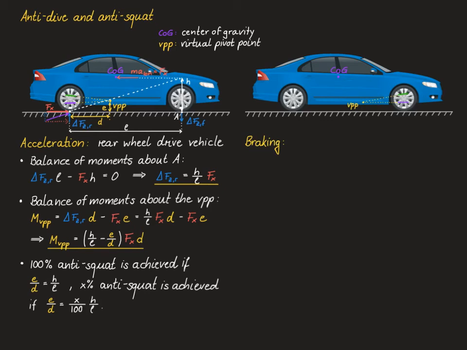A very similar case can be made for the situation of braking, only now we consider the virtual pivot point of the front suspension. We use the Greek letter xi to denote the fraction of the brake force that's developed at the front axle. In other words, the tire force at the front axle Fx is equal to xi times the total brake force F_brake. The rest of the braking force, namely (1 minus xi) F_brake, is applied to the rear wheel,